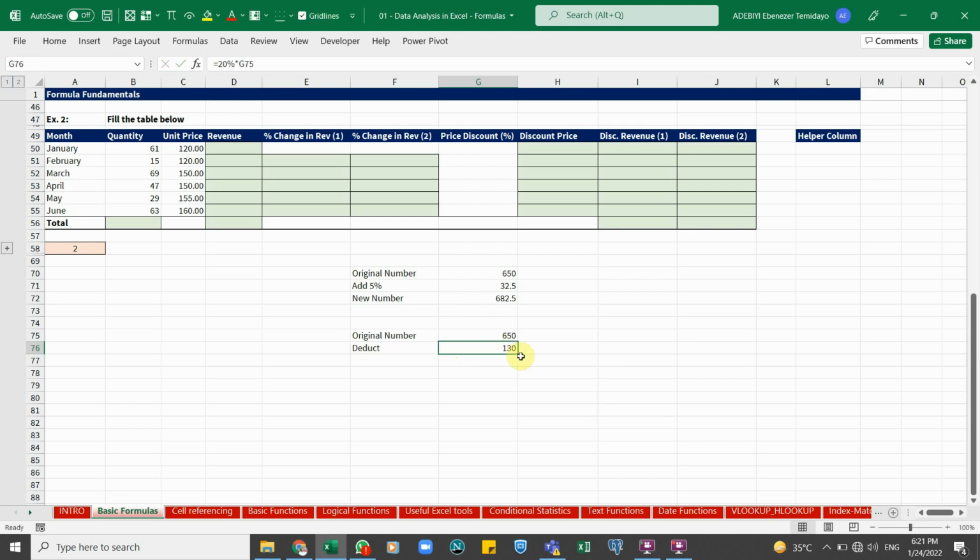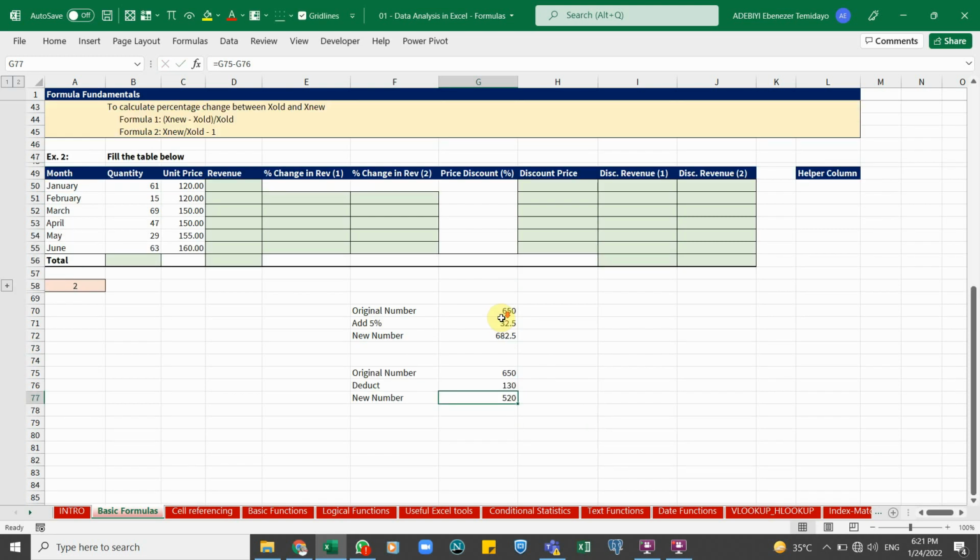So that means I'm deducting 130 from this 650. So the new number is going to be 650 minus 130, and that gives you 520. Now it's important that you know that we can also calculate this in one step using BODMAS that we learned in the previous video,